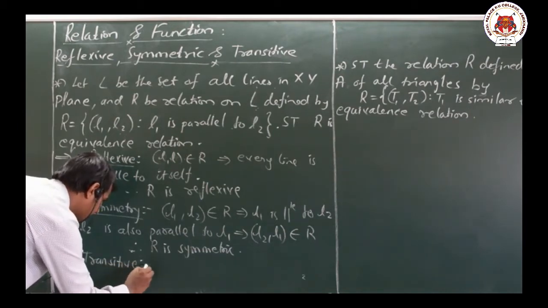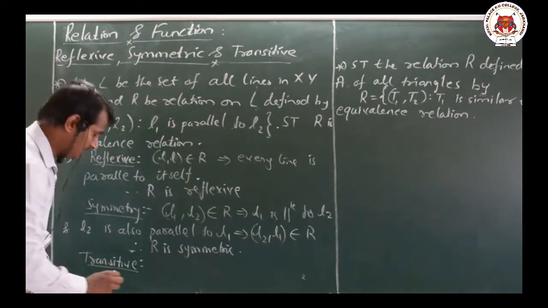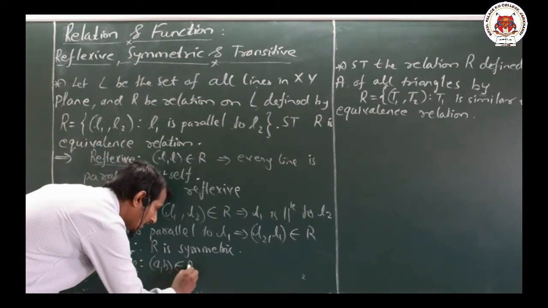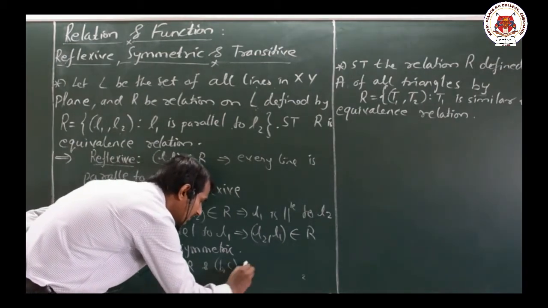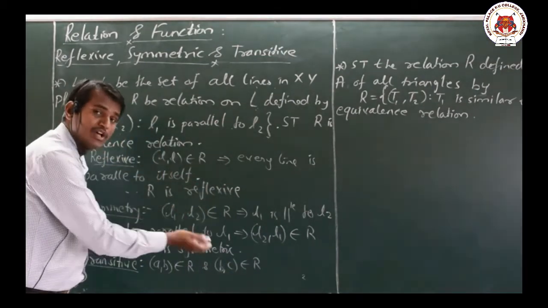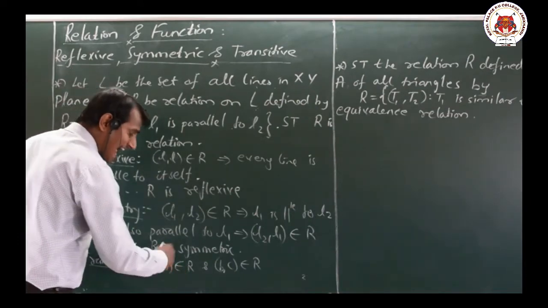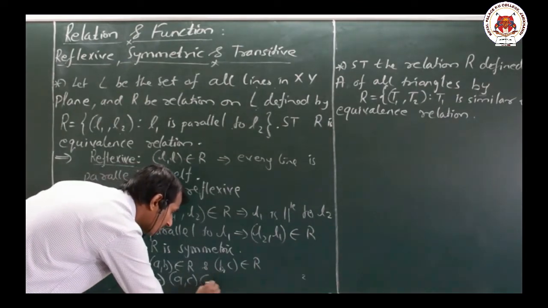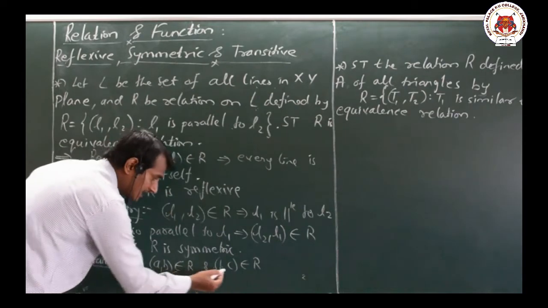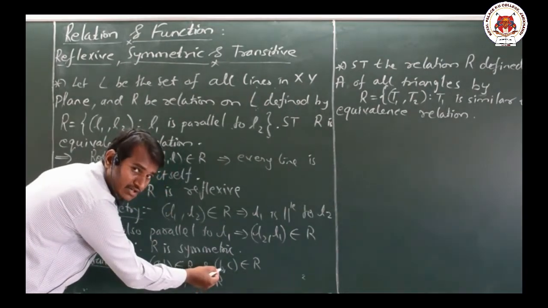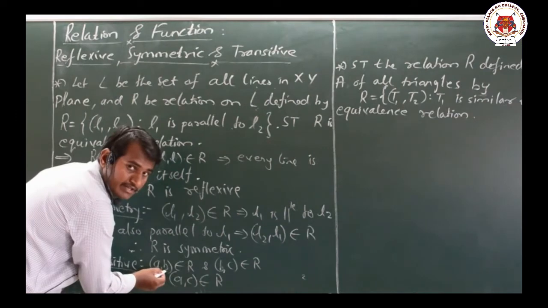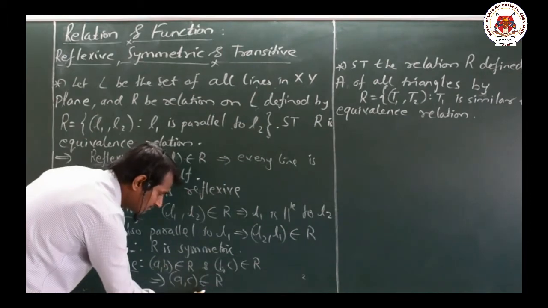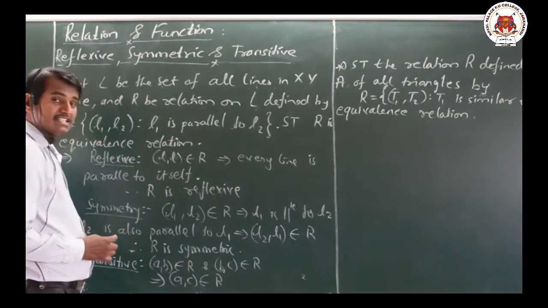Now what do you mean by transitive here? Transitive means, if (A, B) belongs to R and (B, C) belongs to R, then (A, C) should also belong to R. That is, the first and the last. The second element of the first ordered pair should be the first element of the second pair: (A, B), then starting with B, (B, C) belongs to R, then (A, C) belongs to R we should have. Then only we say it is transitive.